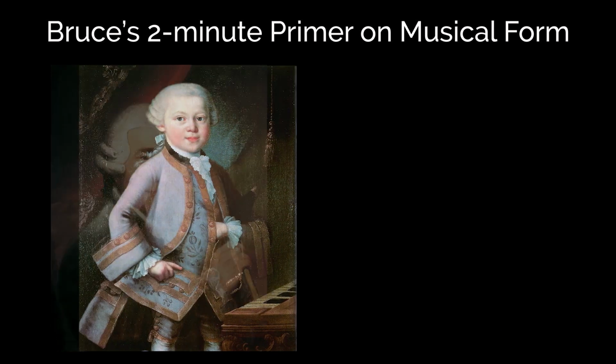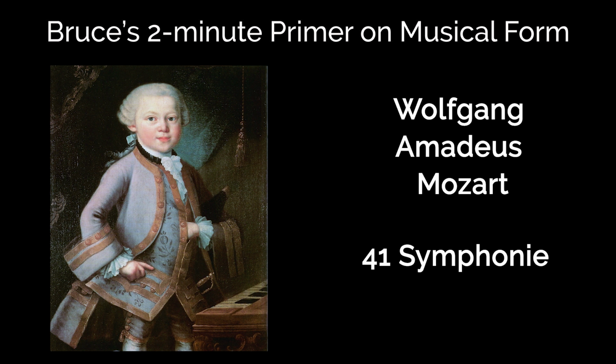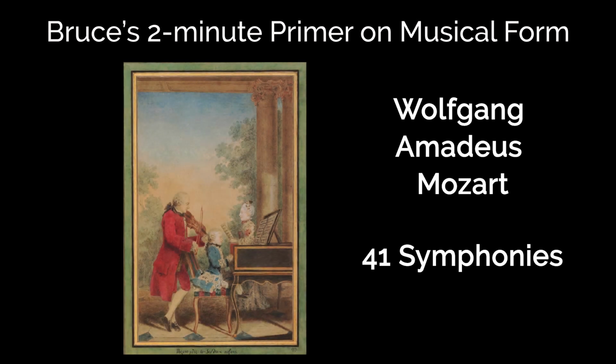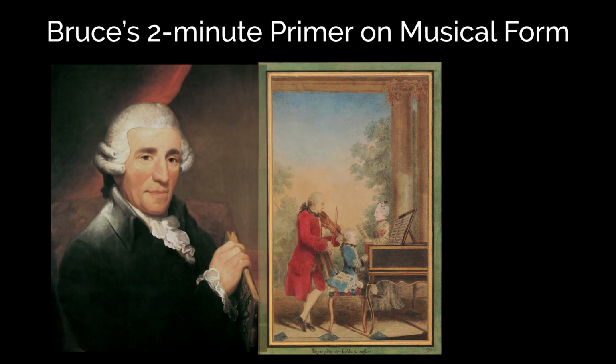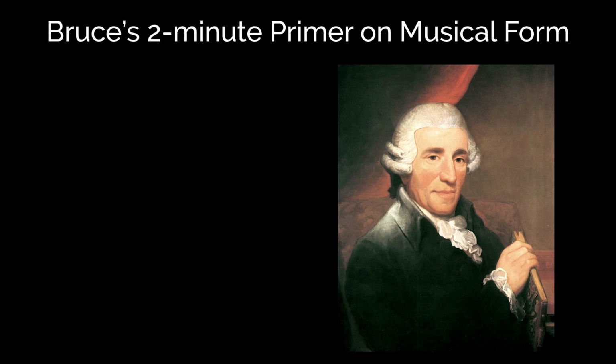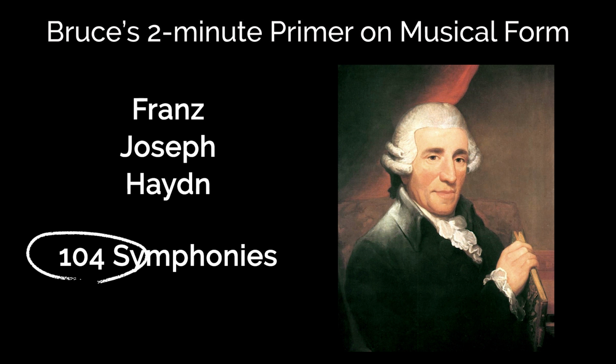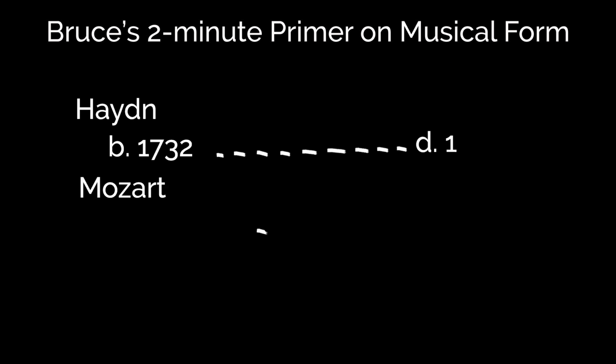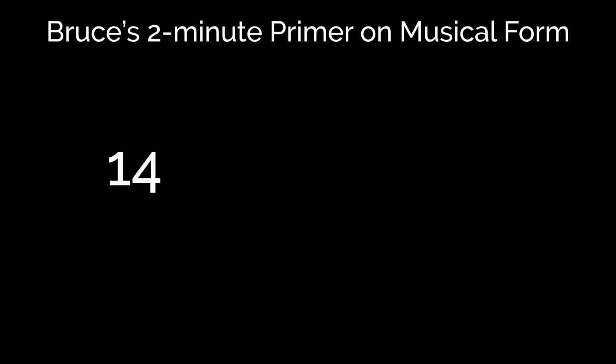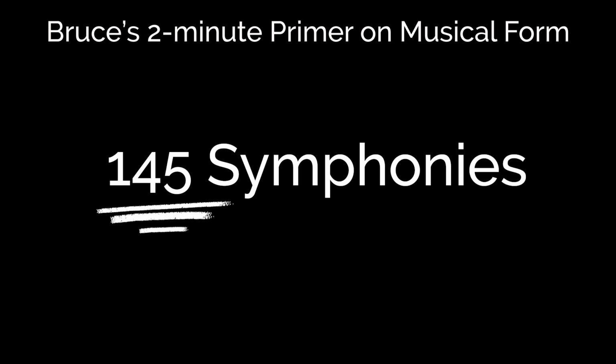One of them you have definitely heard of, Wolfgang Amadeus Mozart. He wrote 41 symphonies in his short life, died at the age of 35, and had some success during his lifetime after being paraded all over Europe by his father as the greatest child prodigy in the history of Western music. More on that someday in another video. The other guy is Franz Joseph Haydn. He lived to be 77 and wrote 104 symphonies. Yes, that's right, 104. So, vaguely writing around the same time in music history, between the two of them, they wrote 145 symphonies. So they essentially get credit or the blame for what we call a symphony today.